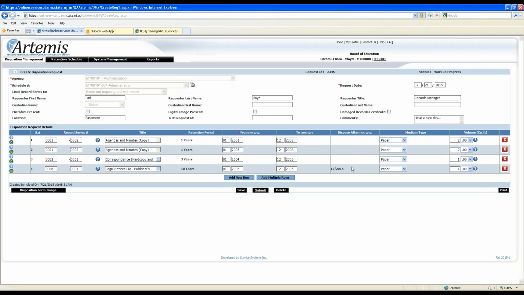That's kind of like a warning, okay? It's telling you that based on the date range that I put in for that record series and based on the retention policy, I technically can't dispose of this until December of this year, okay? So you might want to check your dates. If you see any dates ever populated in this column, you might want to check your dates to make sure you have the right dates. Maybe this should have been 2004, not 2005, right? So let's say it's 2004 instead,